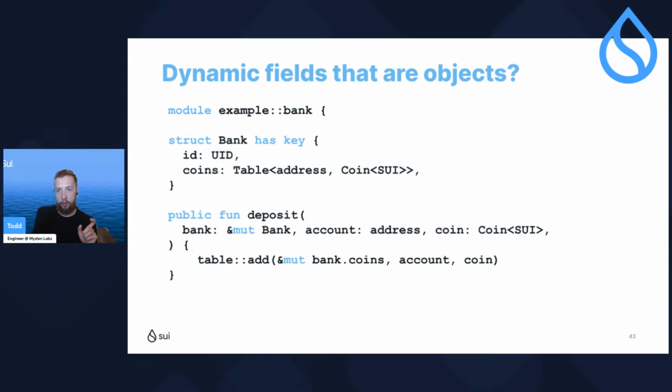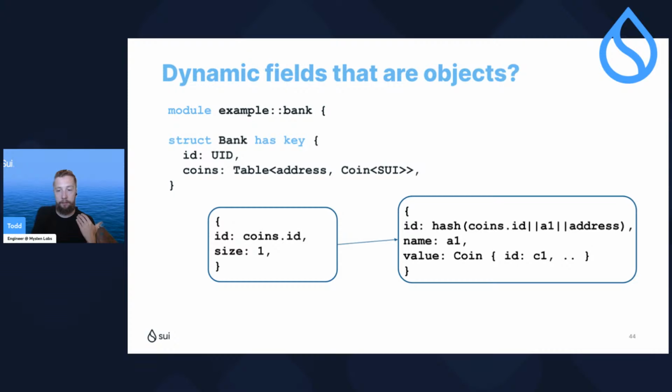So now the value on our table is itself an object. So let's say we have some function to deposit here. This would really maybe be more like creating an account. You'll get an error if there was already an entry in that table. But anyway, when we go to add this coin with C1 to the table, we'll notice that we have